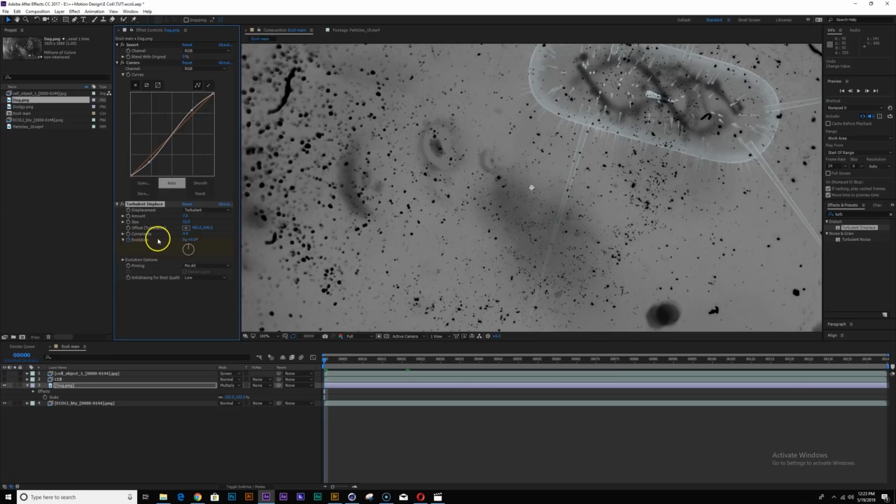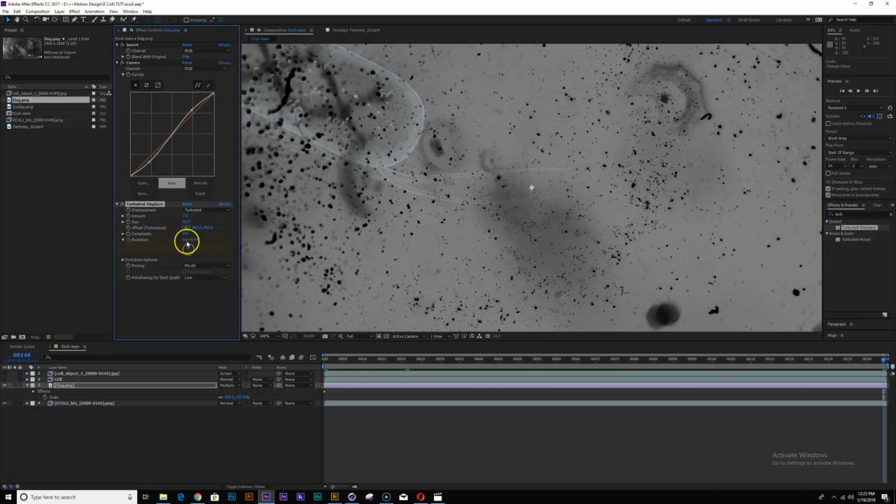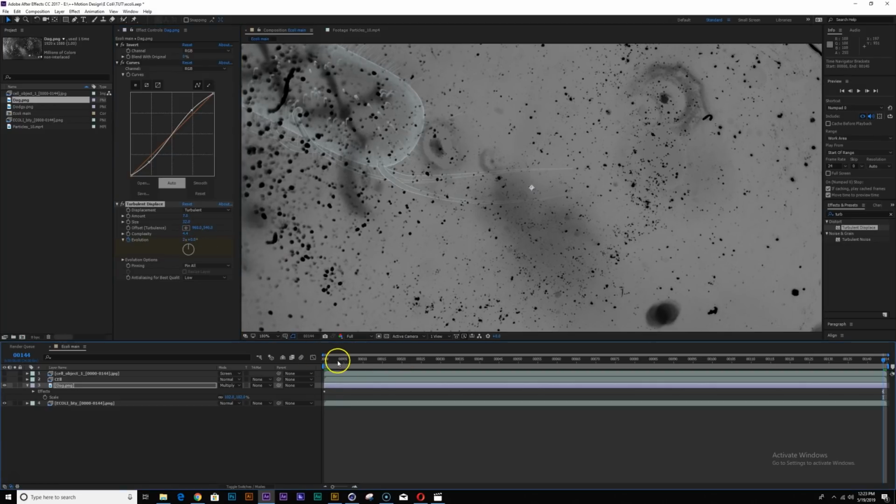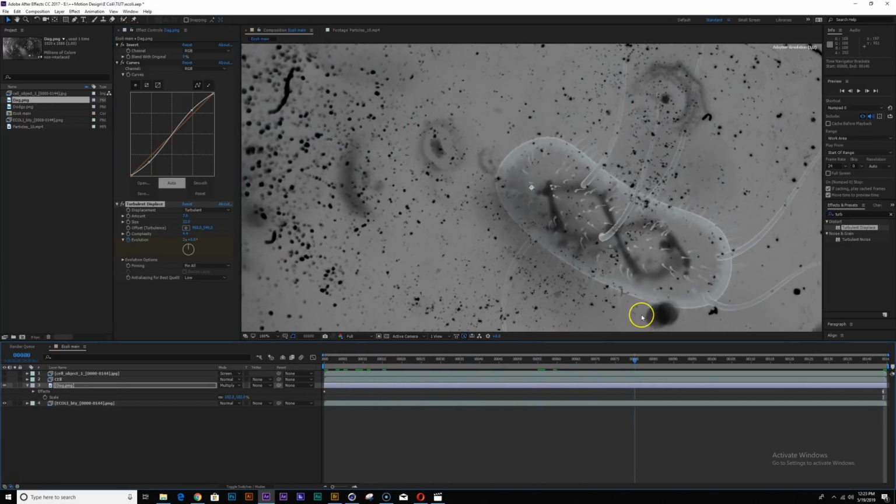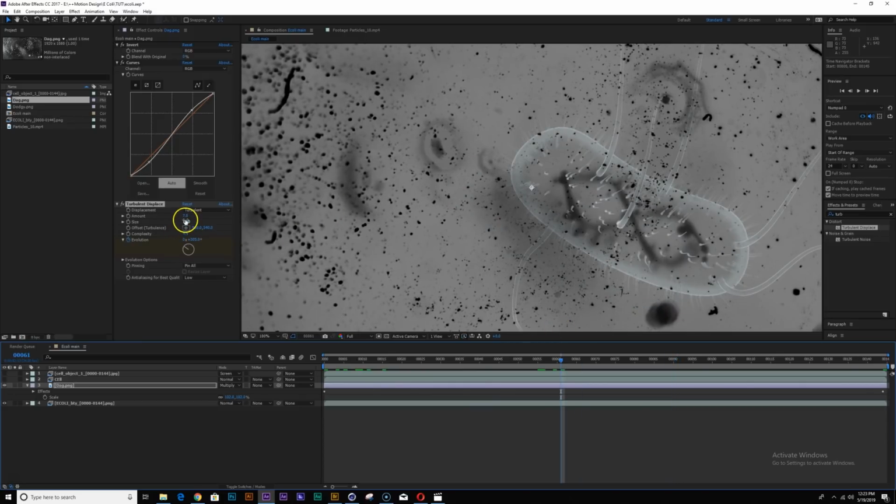Set a keyframe at the beginning, go to the end, and let's make it, I don't know, 2 revolutions. So we'll have these small movements, and you can play with these numbers to get something a little subtle.